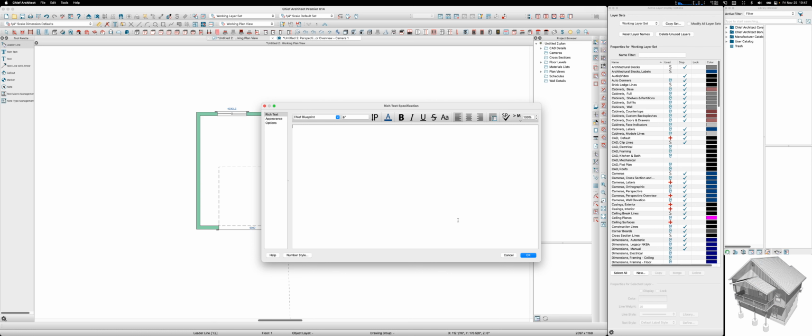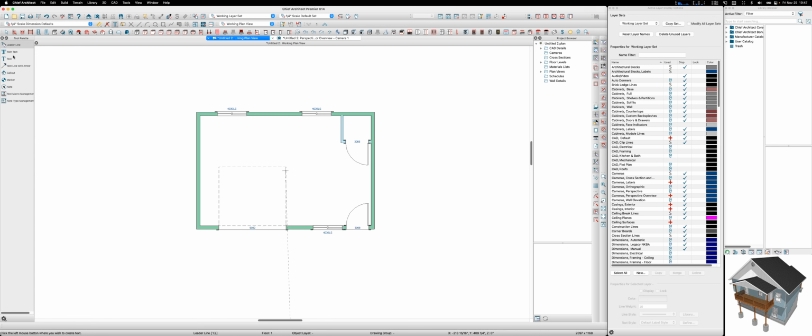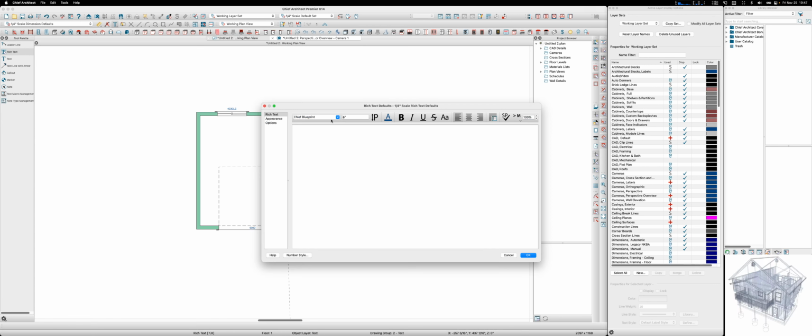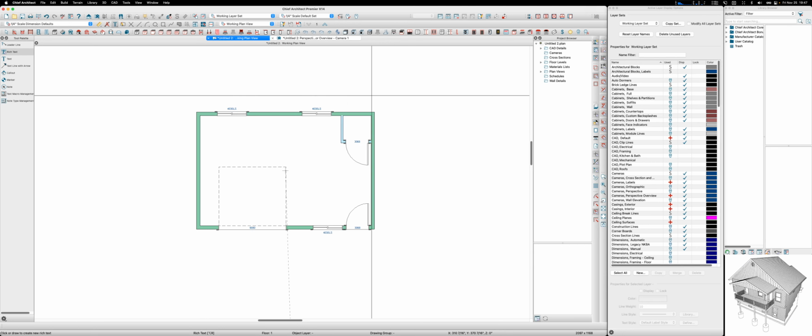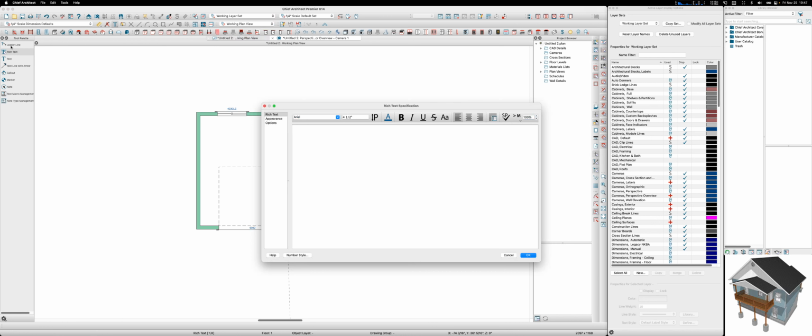wide. That's so weird. It's supposed to be, oh, you know how to do that. Double click this. Pick your Arial. Pick your size. 1/4 inch scale, I like to use 4½ inches. Pick your color. Hit OK. Now it's closed. Now it'll remember when I go to open up and look at this. So it's 4½, it's Arial, and then I can say